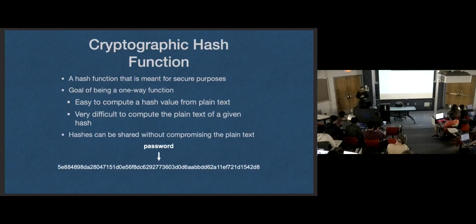Store a cryptographic hash of the password. You need a cryptographic hash function, which I know I'm making this distinction right now, but for the rest of the lecture, I'm just going to say hash function, and I'm going to mean cryptographic hash function, because cryptographic is a long word, and I don't feel like saying it 100 times.